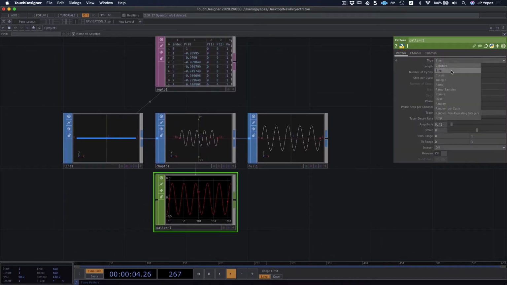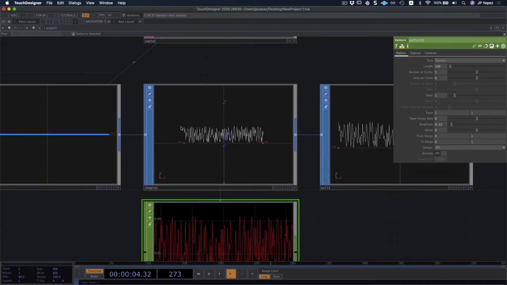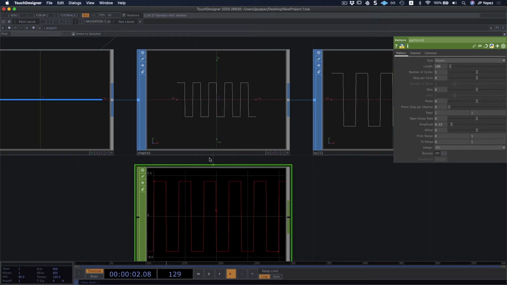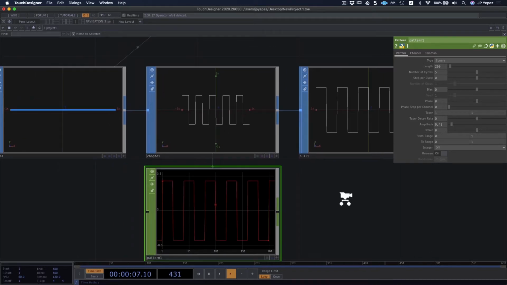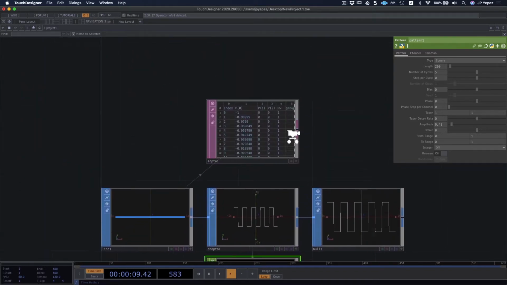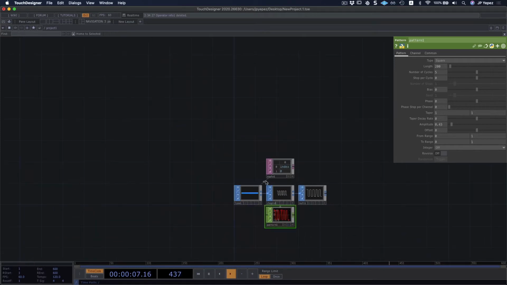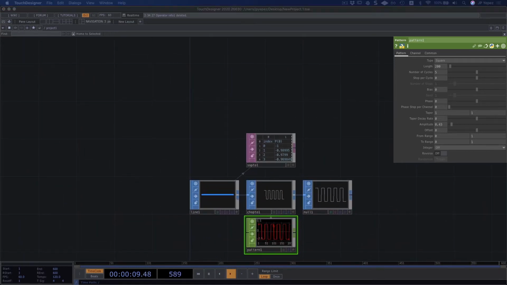Experiment with different patterns. You're going to see that if you use different ramps, different triangle waves, if you throw in some randomness, you're going to be able to displace our line in space, and you're going to see different options from it. One that I really like is a square wave, where you're basically getting some pulses out of it. It's a lot of fun to play with this. Keep an eye on what your geometry is, on what info you can get from the geometry, and how you want to transform it. That's going to be the main thing.